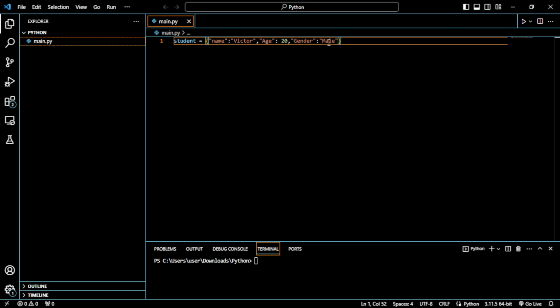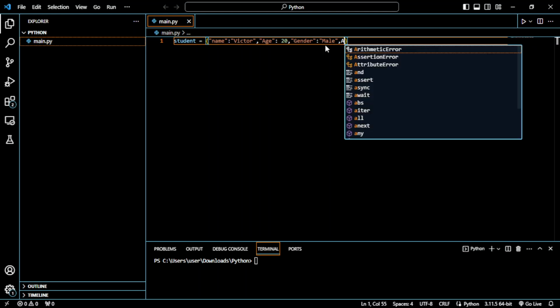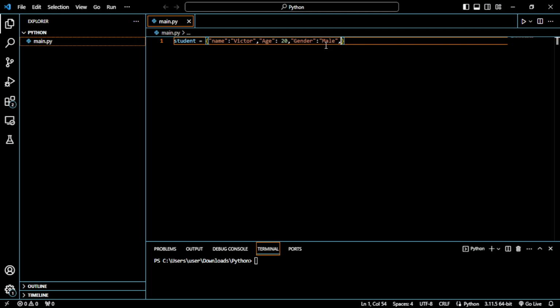One thing to note is that we have the keys: name, age, and gender. Dictionaries don't actually allow duplicate keys. What do I mean by duplicate keys? Meaning that if we repeat the same key twice, remember the key is the first part. In our case, name, age, and gender. So if I go ahead and maybe write age, you'll note that I'm repeating this. If I end up writing age and giving a separate value, maybe 30,